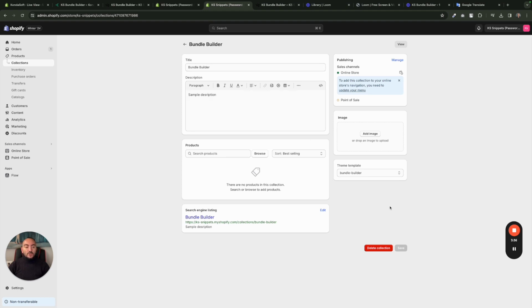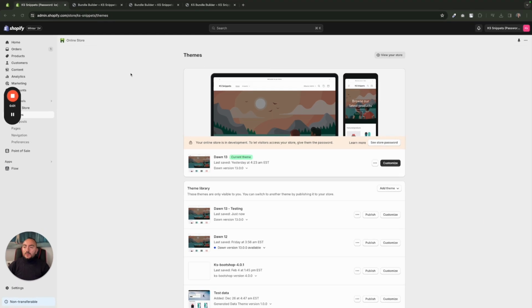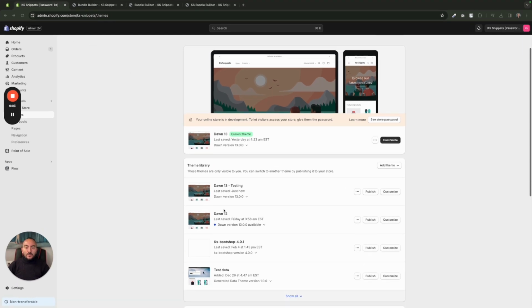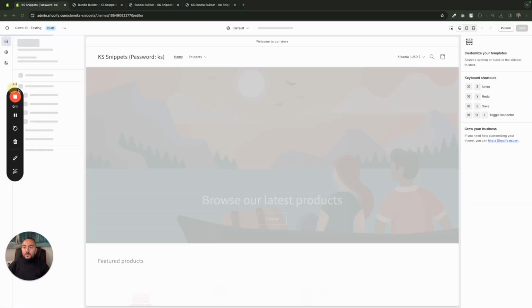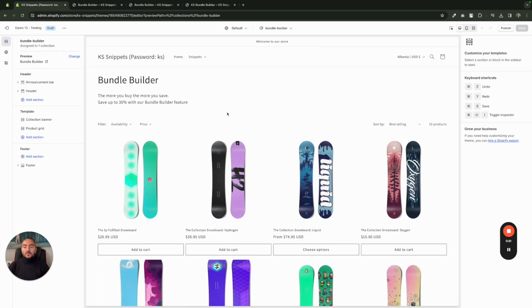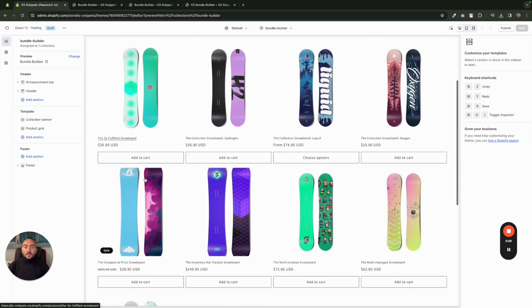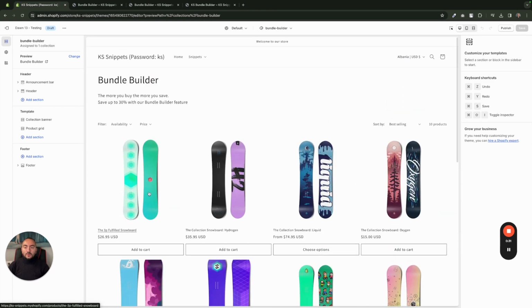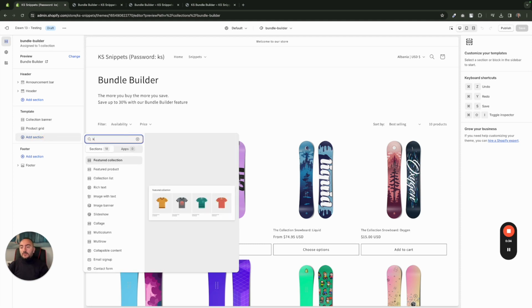Now we're going to check the snippet configuration. Okay, let's configure the snippet now. From the Shopify admin, navigate to themes, then select the theme that we want to use. We have to go to the collection that we have just created along with the template. As you can see, this is just a normal Shopify collection with a title, description, and the products that you want to show. Okay, so all you have to do is add this section